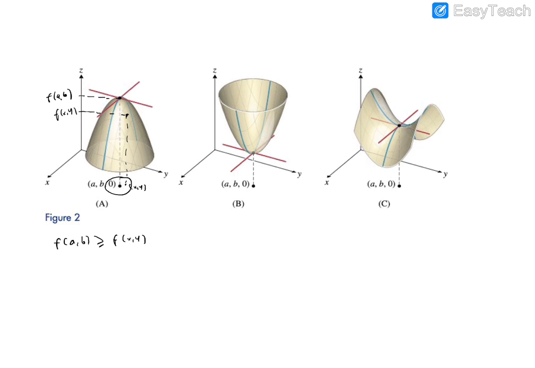Here, for this circular region, your point x, y is here, and this is the function value f of x, y at that point, and for a, b this is f of a, b. As you see, f of a, b is less than or equal to f of x, y for all x, y in this circle. You can choose another point, and again this is bigger than f of a, b. So this is a local minimum.